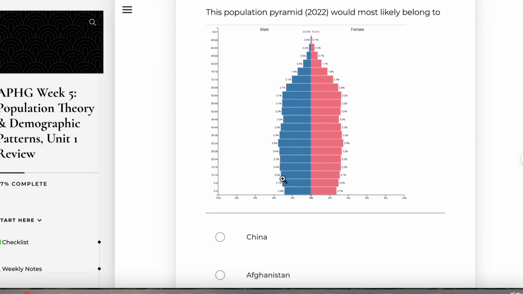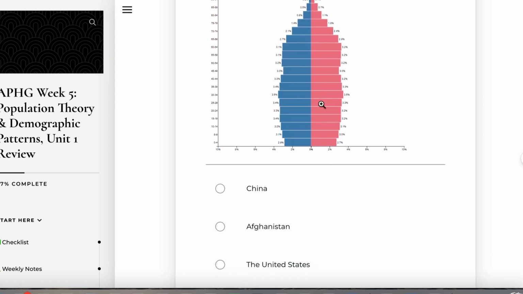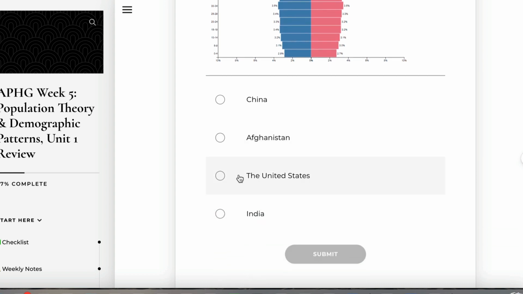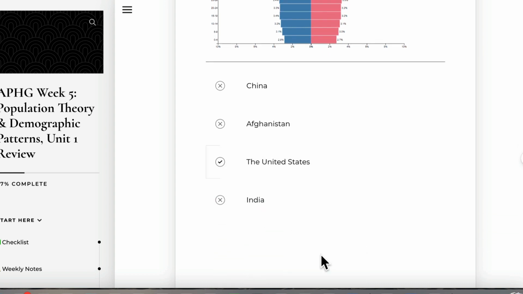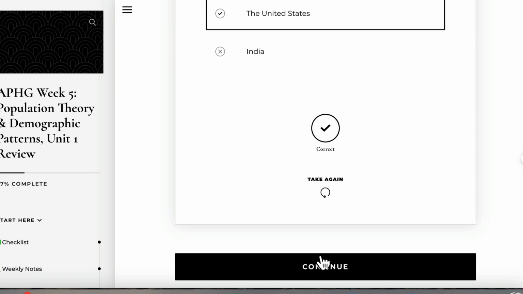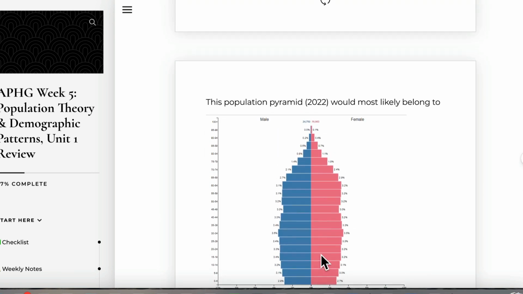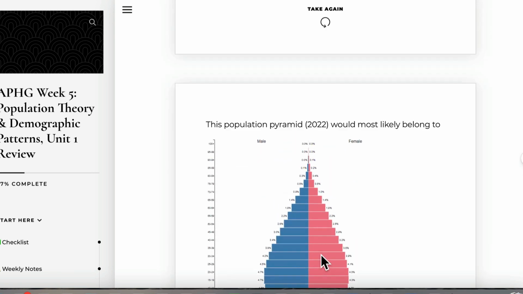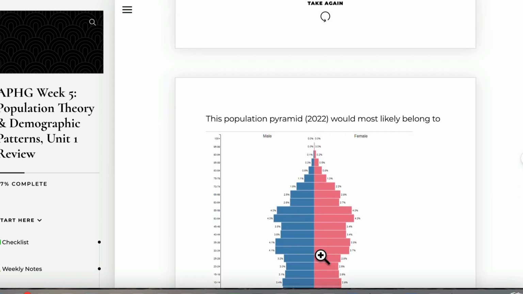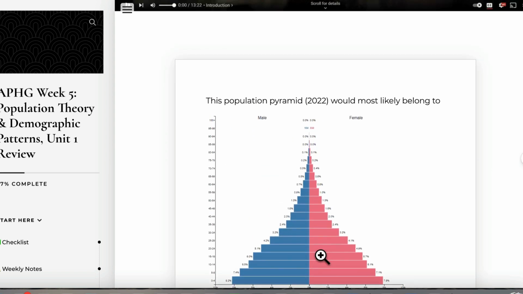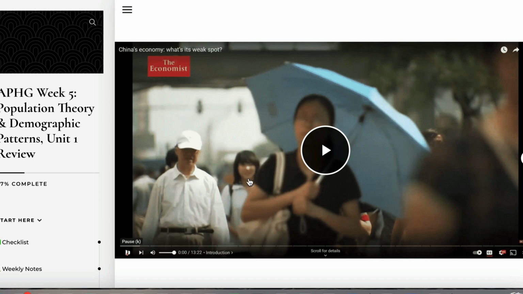But this one here, it's really a triangle. But you do have a good amount of people to pay into the older type of Social Security dependents up here. So this is a pretty stable stage 4, and this is actually the United States. So I totally understand if anybody was frustrated about these questions. They're really difficult, but that's basically how it relates to the video,